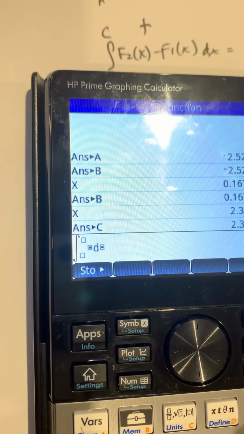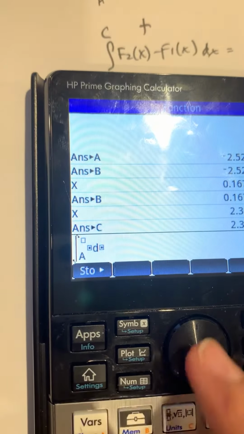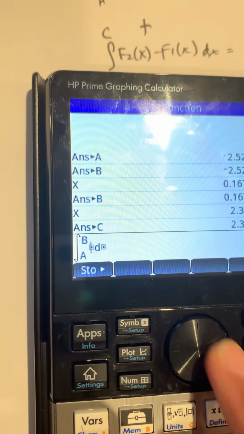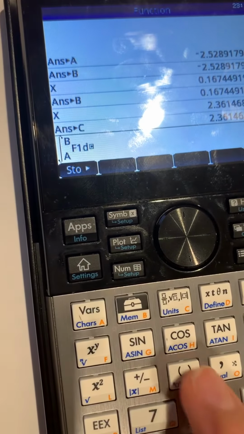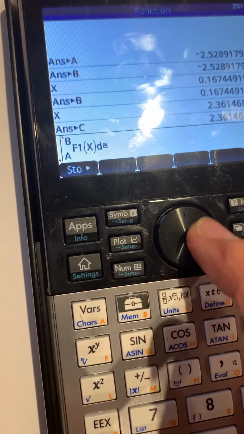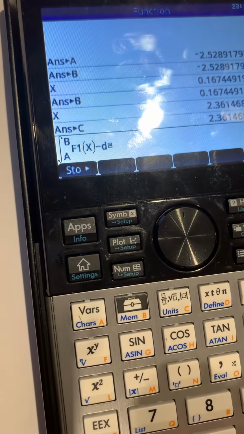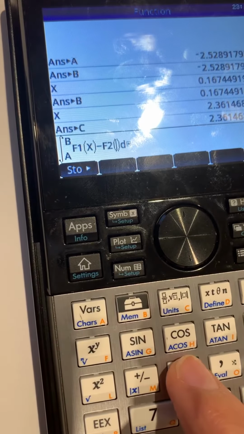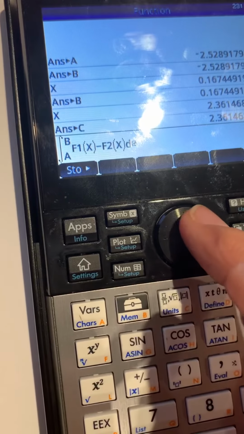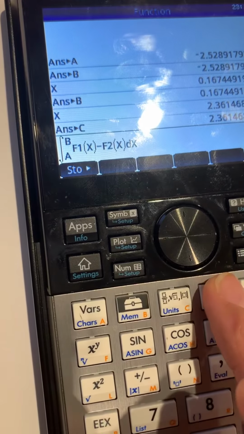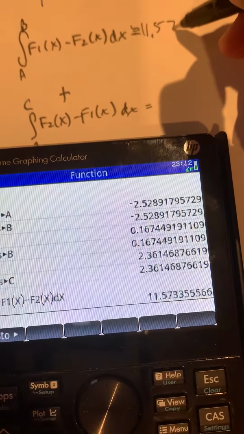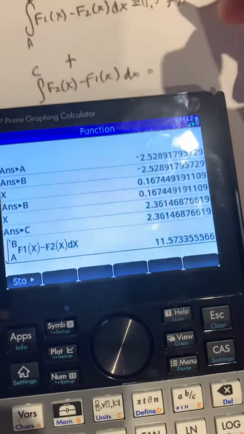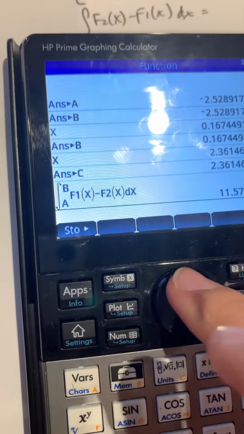And then I'm just going to do alpha A to alpha B, and then I'm going to do alpha, I pressed alpha again, f1 of x minus alpha f2 of x dx, enter, and I like to write what that approximately is, 11.5733,